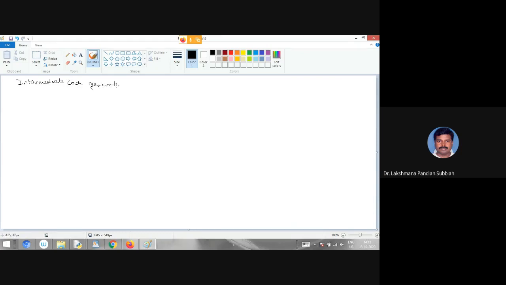So now we are going to see that one. Parsing is over. The next phase of the compiler is intermediate code generation. Here, we have a set of statements, the three address statements. The intermediate code is of the form